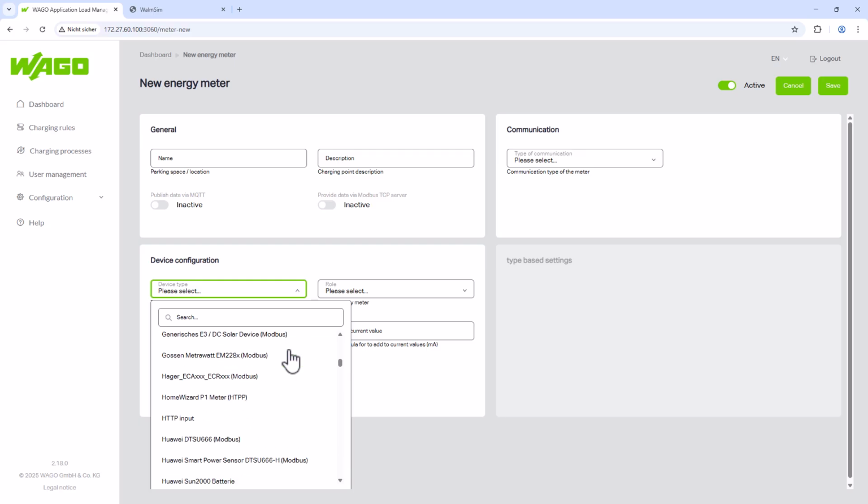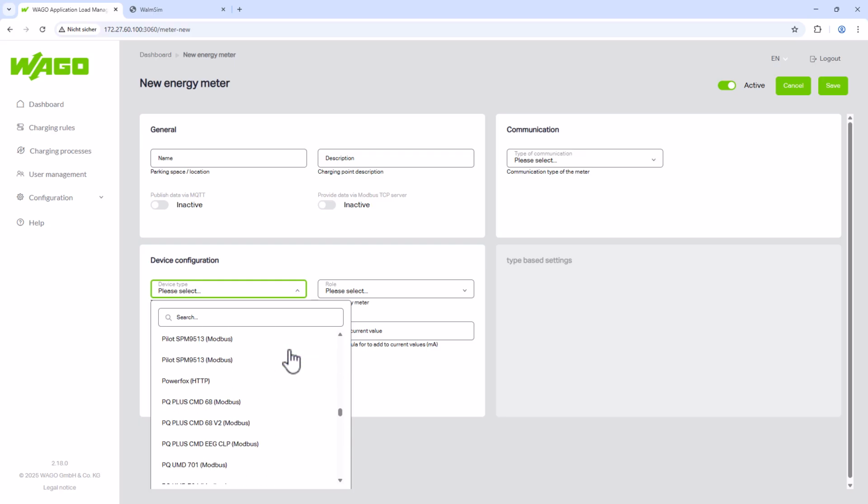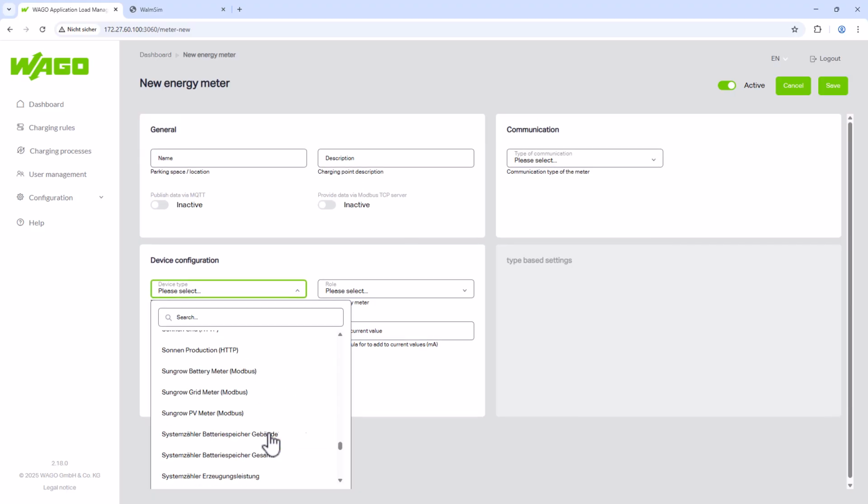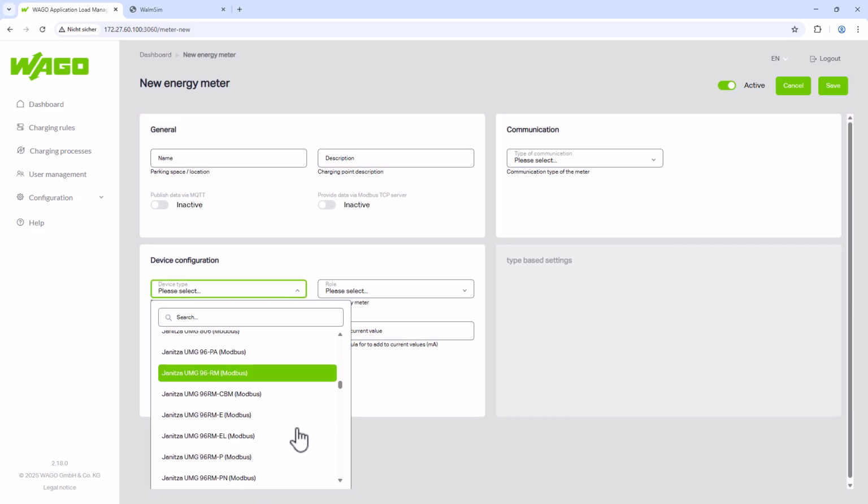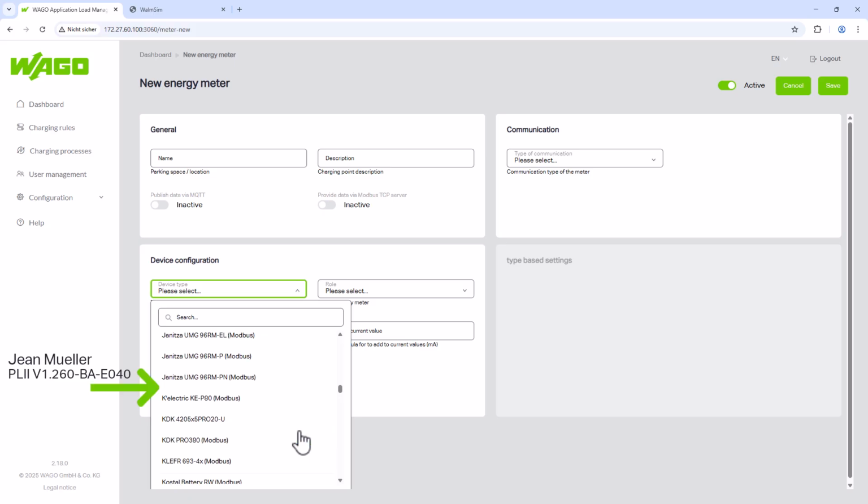Many common meters are already listed, but given the variety of device types, it's possible a required meter isn't listed, like the John Müller meter PL2. In such cases, meters can be imported via a JSON file, which can be requested from WAGO. In numerous instances, these are already available and generally released with the next firmware in WAGO Load Management, or they